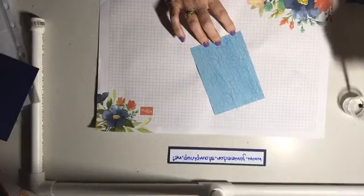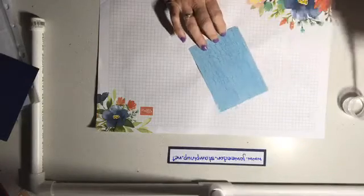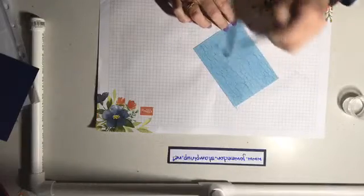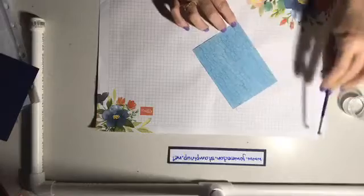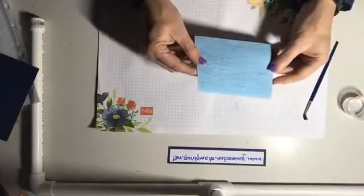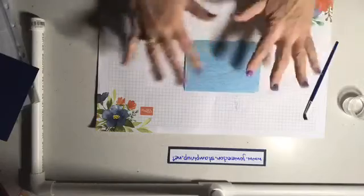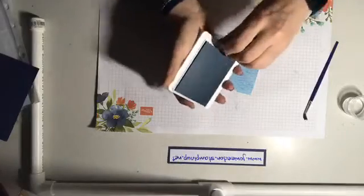I might need to use the ink pad, but then I don't want a huge amount of ink spreading through, you know. I just want a bit of a subtle one. So it hasn't really even spread it, because I actually want it to look like water. So that's what I was hoping for. So maybe,